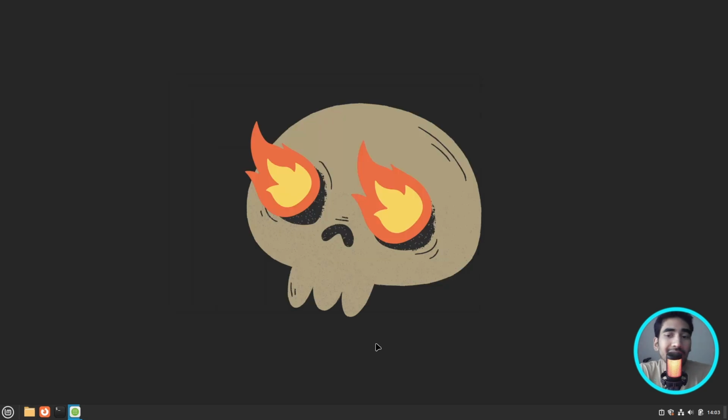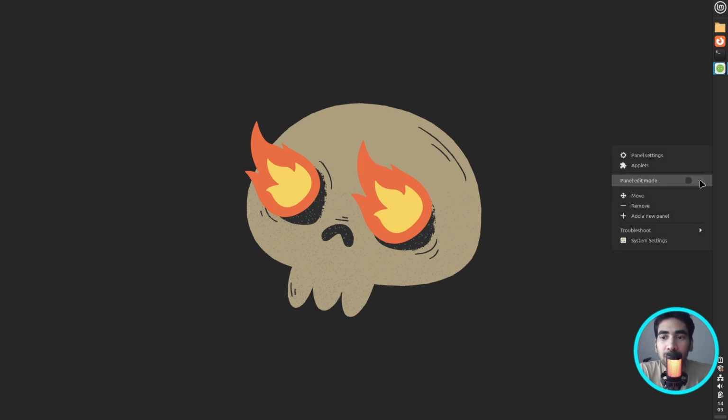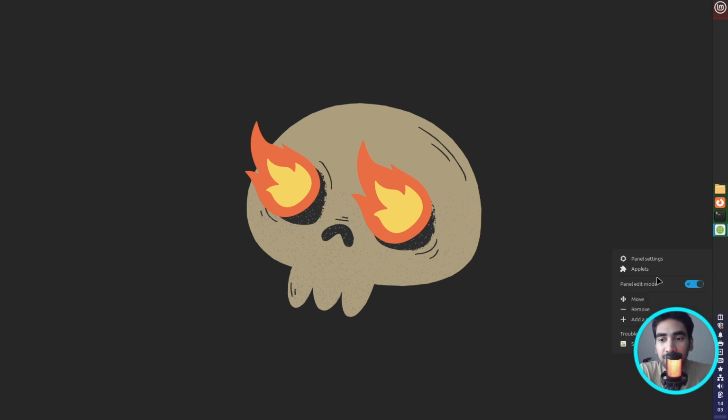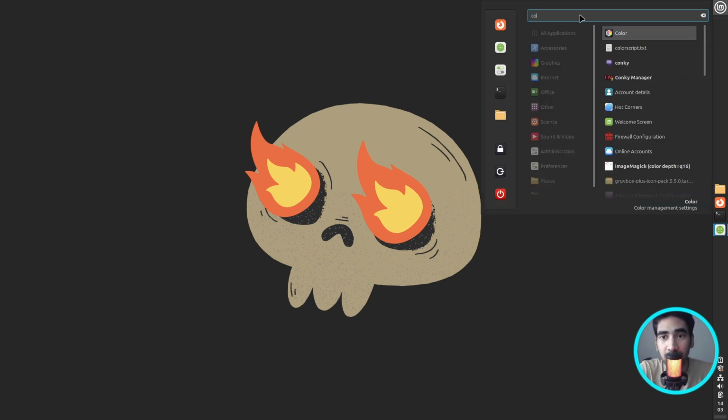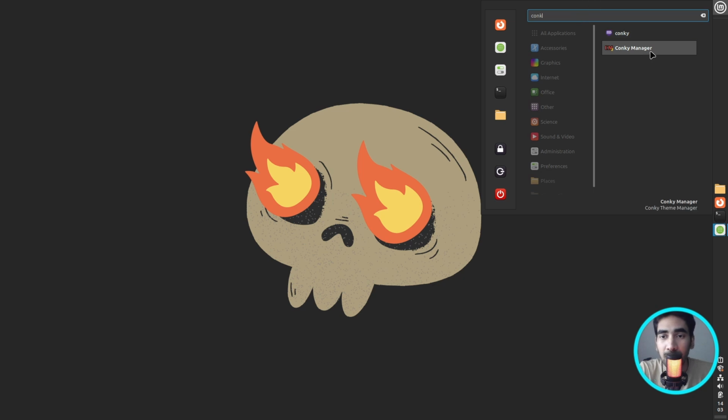Alright guys, so the next thing that I'll do is right click on the panel and click on move, and I'll move it to the right side like this. And I can do a little bit more tweaking on the panel. I can keep this in the center like this, and let's just keep it like this for now. Alright guys, let's just quickly apply the conky theme. So I'm going to type conky manager,